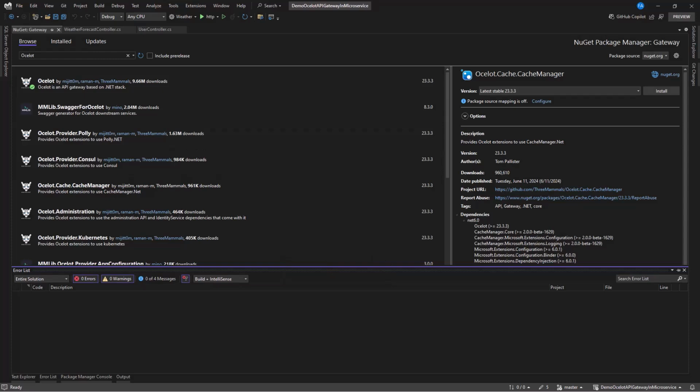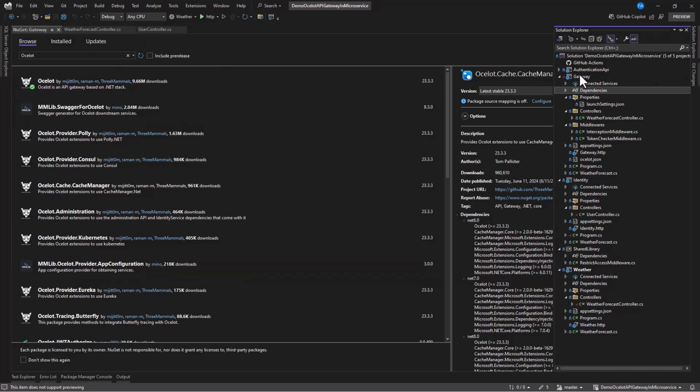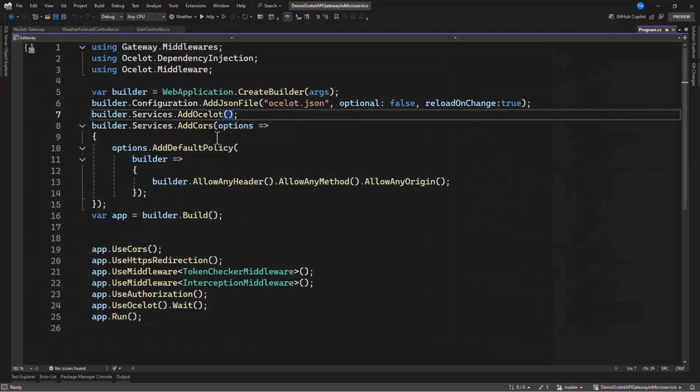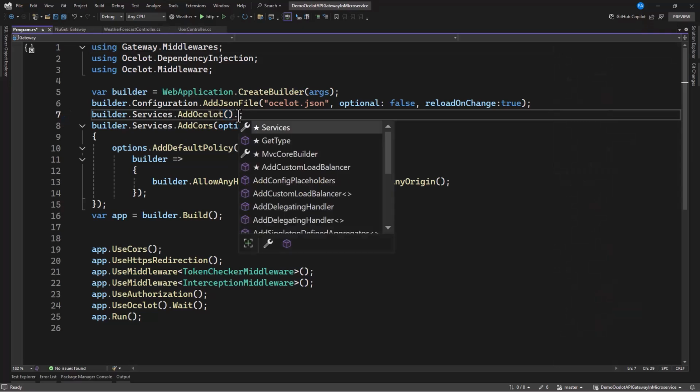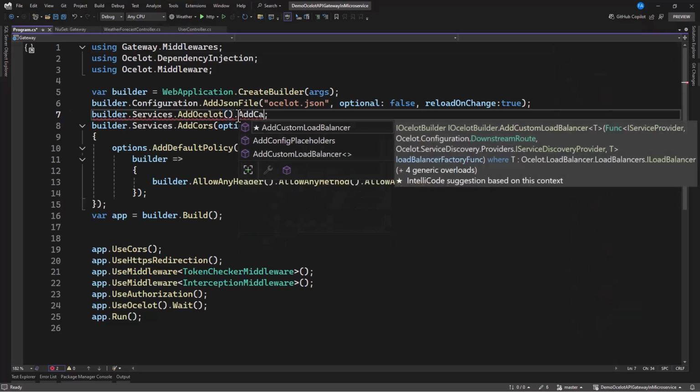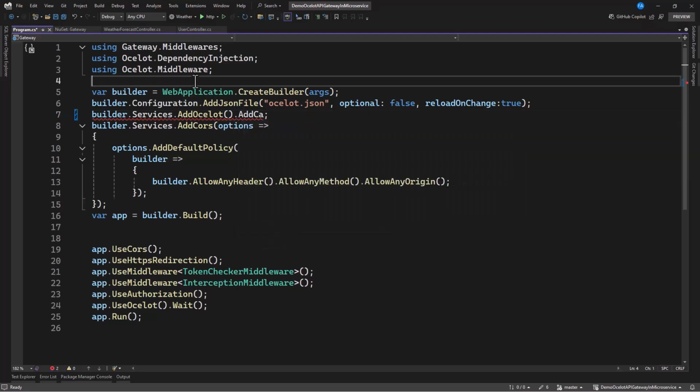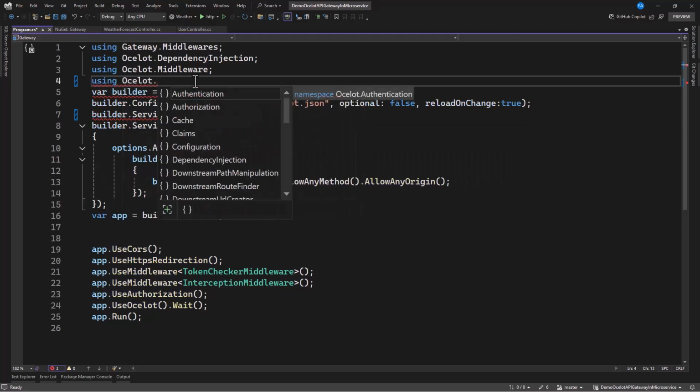The next thing that we're going to do here is add a service. So let's go to the Program.cs file from our gateway. Now let's add the service in here. Where we have builder.Services.AddOcelot, we're going to add the cache manager. Let's include the namespace first, so that is using Ocelot.Cache.